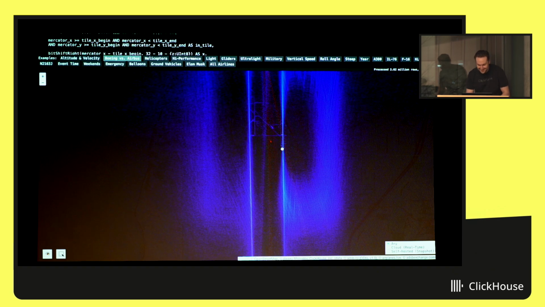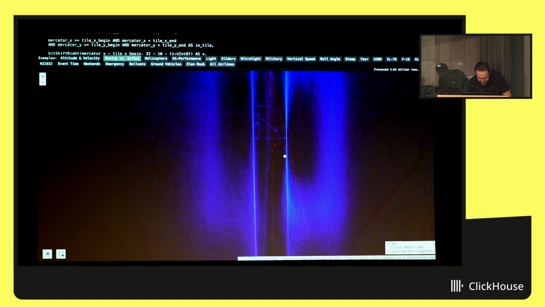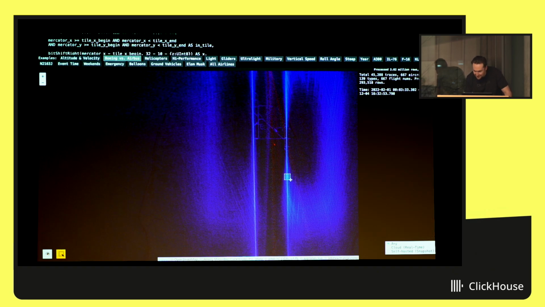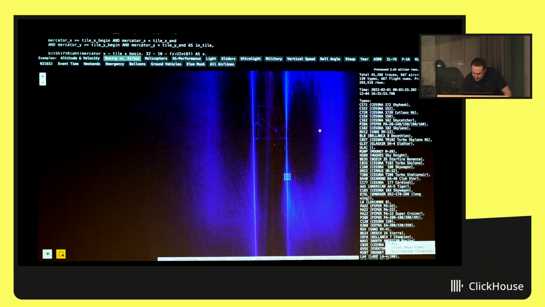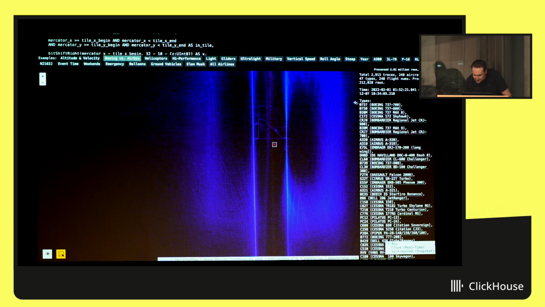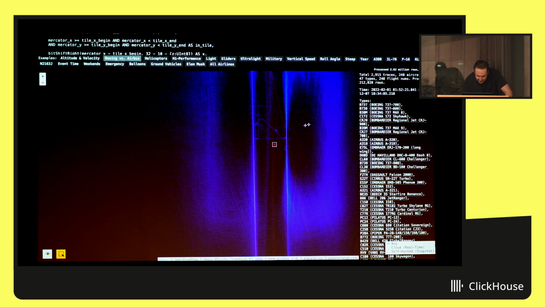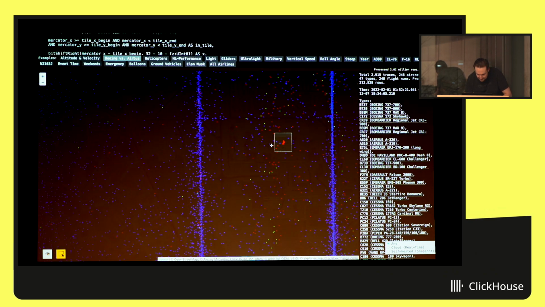Airbus is green, so Boeing is blue. Let me show what is here. Actually, it's not Boeing and not Airbus. It is something else. But Boeing should be right here. So we have a lot of 737, 737 MAX. Also, let's zoom in.